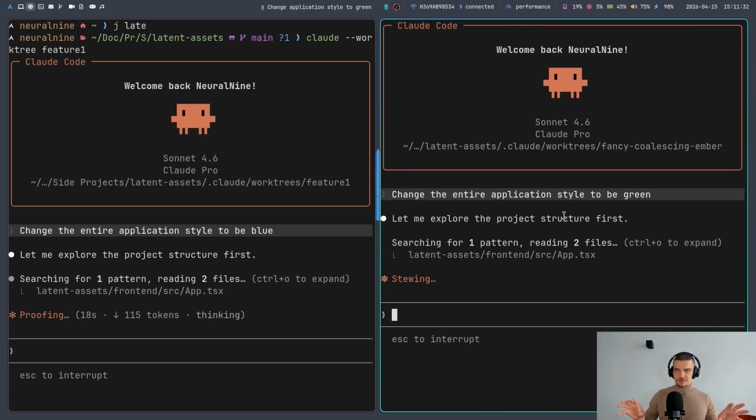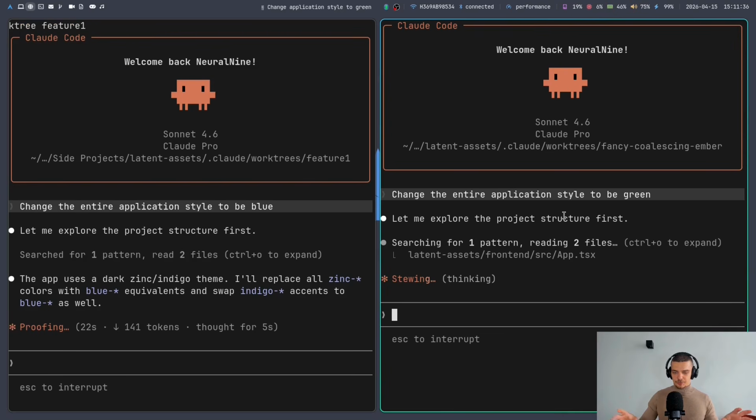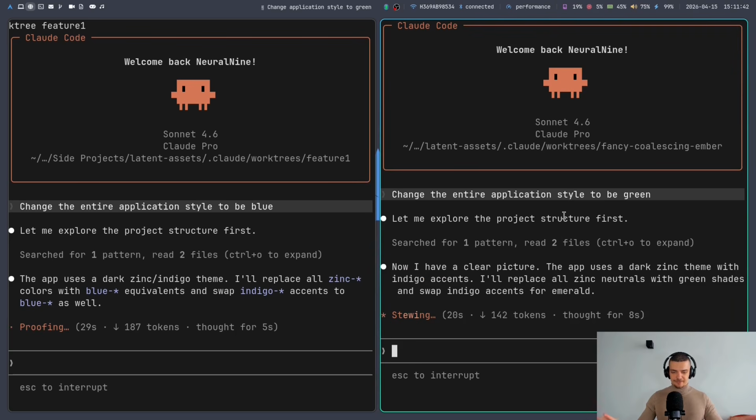So both start, when you use the worktree command, both start with the same initial version that is on GitHub or in the Git repository. And then one is going to make everything blue, the other one is going to make everything green. And then I have 2 different directories. Then once they're done, I can go and push them to the branches, so feature 1 or fancy coalescing amber, or I can just merge them to the main branch, which is the default setting. Again, if you want to have more details on this, I recently made a video about this,